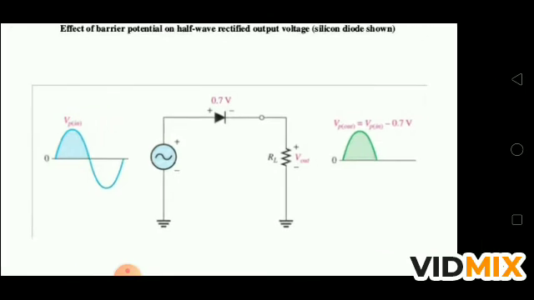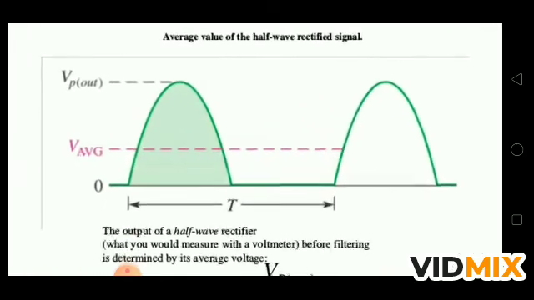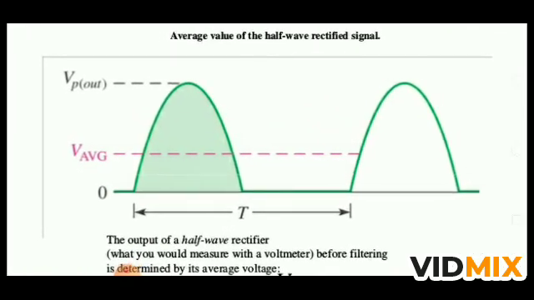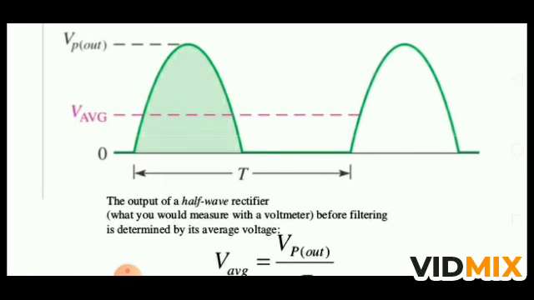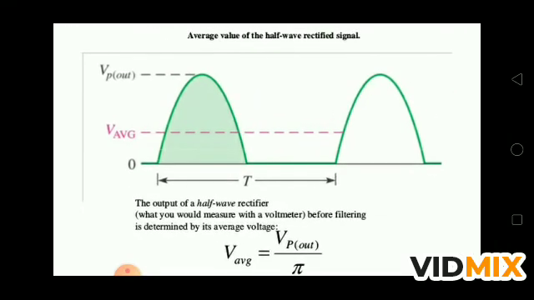And if you see this diagram, there is a half wave, we are getting the positive half. Again, there is a zero voltage, and again we are seeing the positive half. Means only the half wave we are getting as the output. So this is called half wave rectifier, and the average of this half wave is V output upon pi.